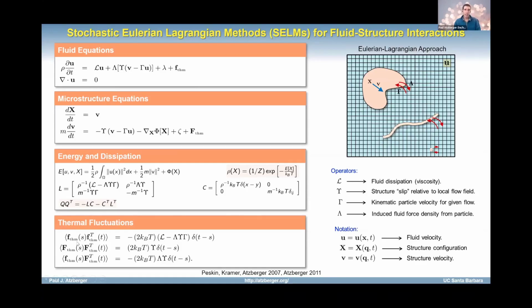Okay, so what you see is that for the stochastic forcing of the fluid mechanics, you get something proportional to L. That would be the usual Landau-Lifshitz fluctuating hydrodynamics, divergence of random stress. You see that you get here, because of the dissipation, this cross term that's going to depend on your force spreading operator and your velocity averaging operator. And then all of this is delta correlated in time. And because of the nature of how I'm writing these operators, there's also implicitly that delta correlation in space that we saw when we looked at the Landau-Lifshitz fluctuating hydrodynamics.